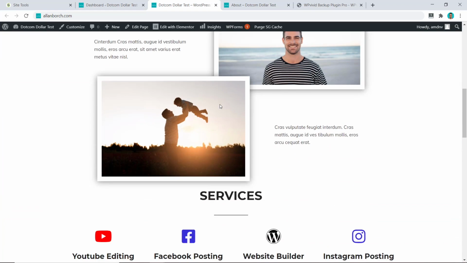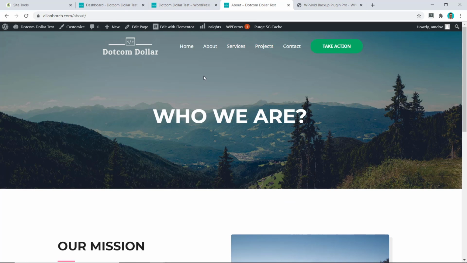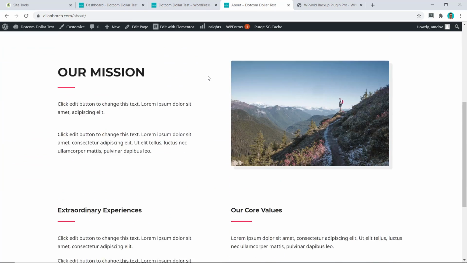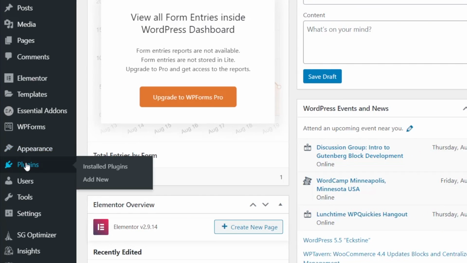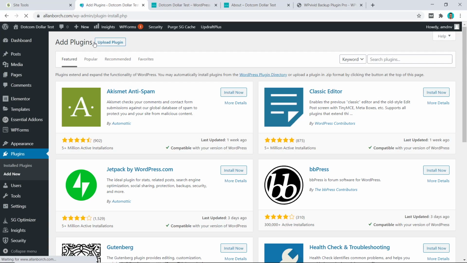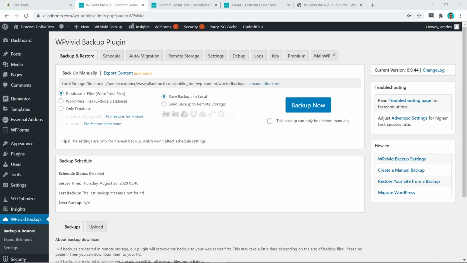This is what it looks like, and I want to transfer it. And this is another example page, which is my Abouts page, right? So now I'm going to go to my dashboard, click on plugins, click add new, and type in WPVivid. And the first one that pops up, I click on install, click on activate, and now we have arrived at